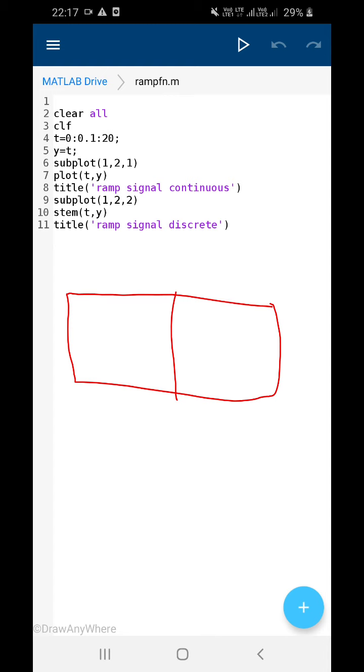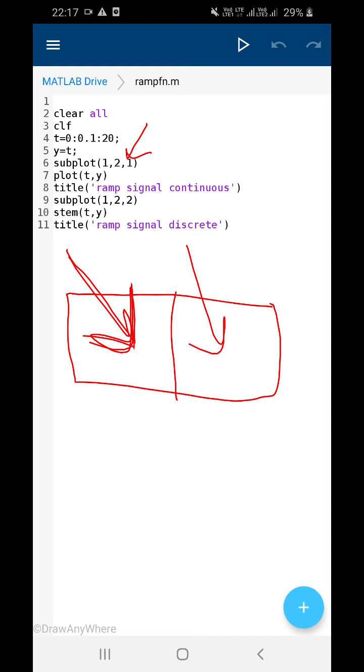Okay, first place is here, second place is here, so you have created two places. So out of these two places, this third argument represents first location. So whatever you will write after this subplot command will be placed in the first location.